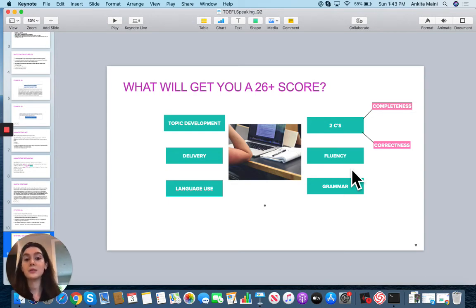So my response to that is, you can have one or two filler words in a response. But if you have a lot of filler words, if you stop a lot, it's going to be really hard for the grader to understand you, and that's how you're going to score less on this delivery piece. So you cannot have a lot of filler words. You can't have those stops again and again.